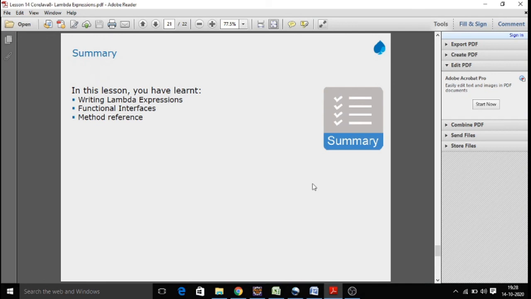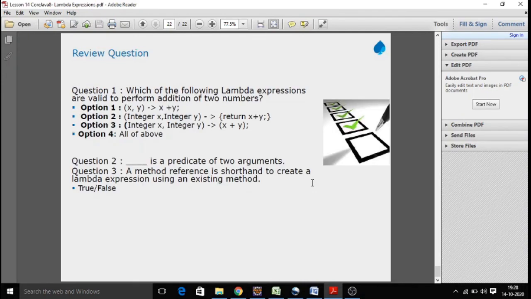You can also find lab exercises related to lambda expressions and functional interfaces in the demo folder. That's all about functional interfaces and lambda expressions.